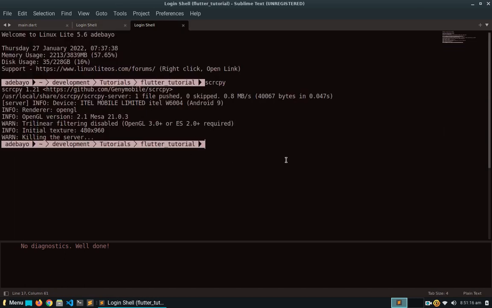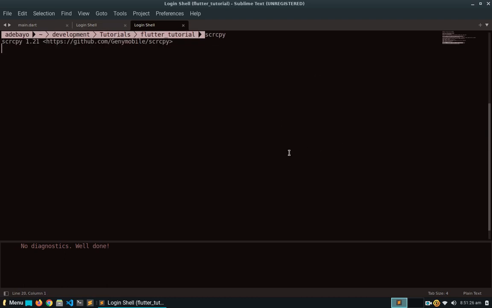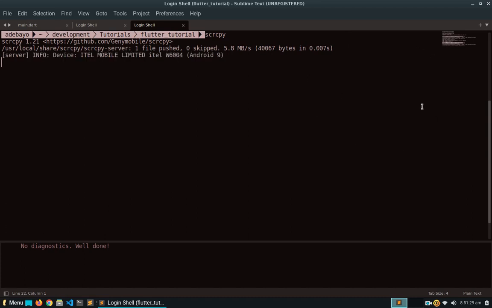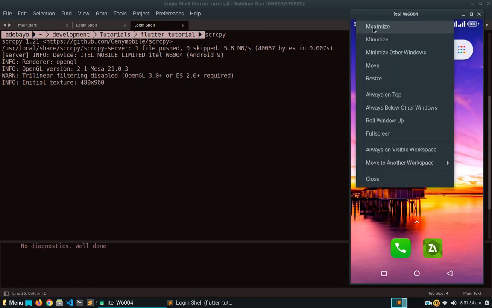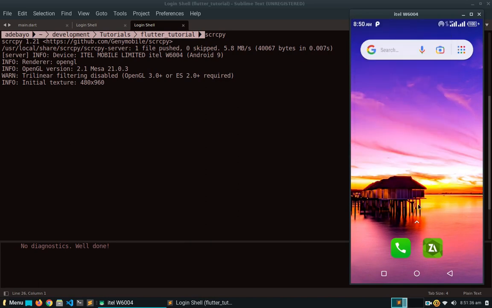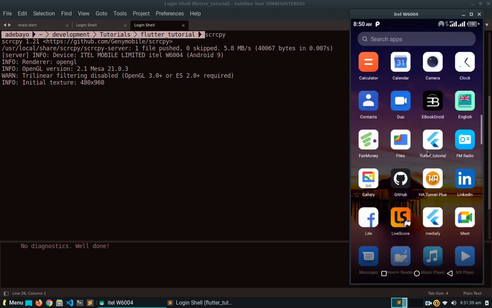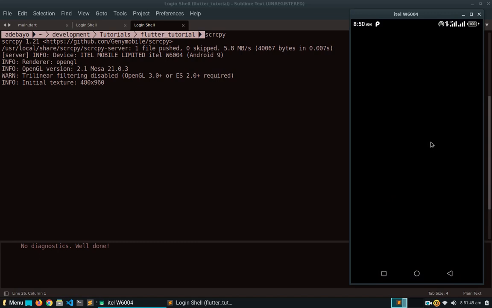All right. So what am I trying to say here? The first thing I'm going to do is mirror my Android device to this place here so that you can see my screen, and there it is. And I'm going to set this to be on top. So what I want to do is go to my Flutter application. This is the Flutter tutorial application that we created in the last video, and if I click on it, you're going to see that it's going to open the application right here,